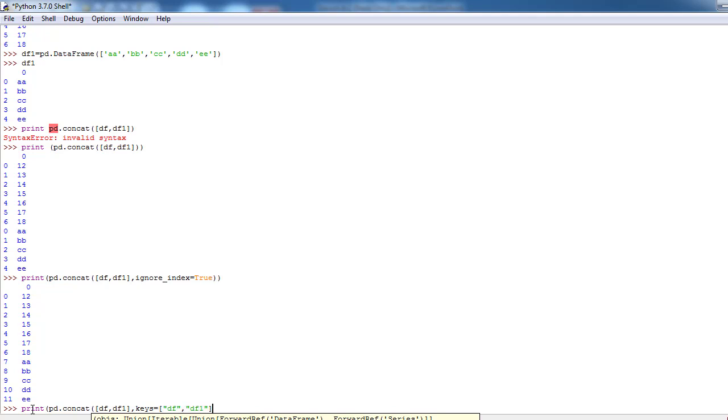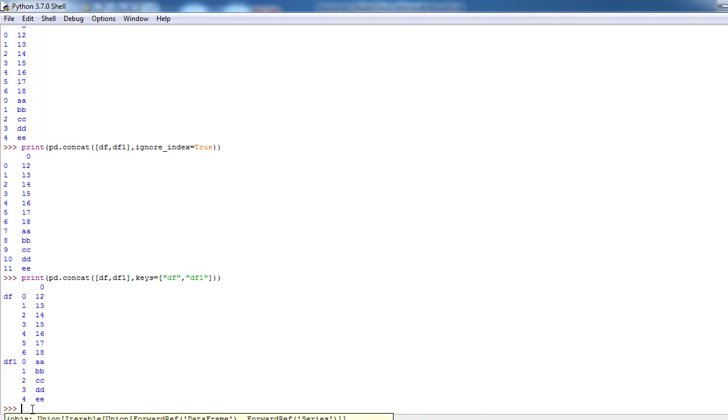Keys are used to represent the separate indices from data frame 1 and data frame 2, used to separate the data which are taken from different data frames. Okay, so close the braces of concat. Okay, let's see.